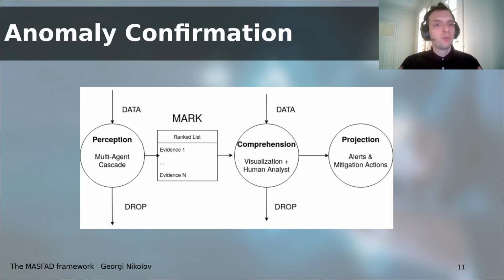So again, for our visualization, how we want to help is to aid the perception phase, where the multi-agent framework is going to receive all the raw data, pass it through the different detection agents, drop the information that is not relevant, and if anything abnormal has been detected, analyze it, do the aggregation with the evidence generated by the different detection agents, and generate the ranked list. This ranked list is used for the comprehension phase.